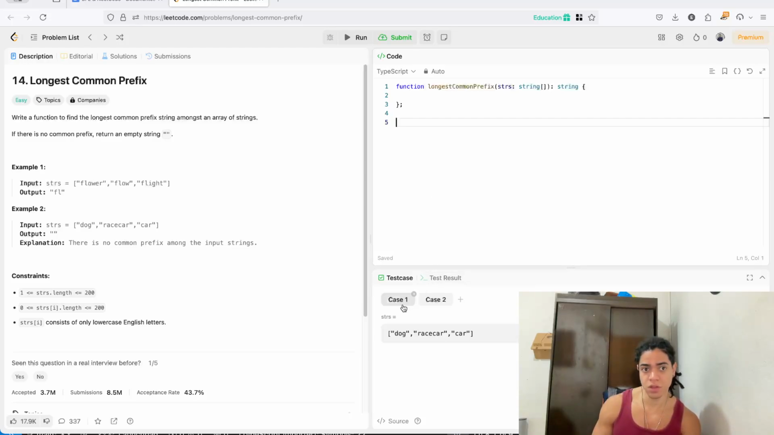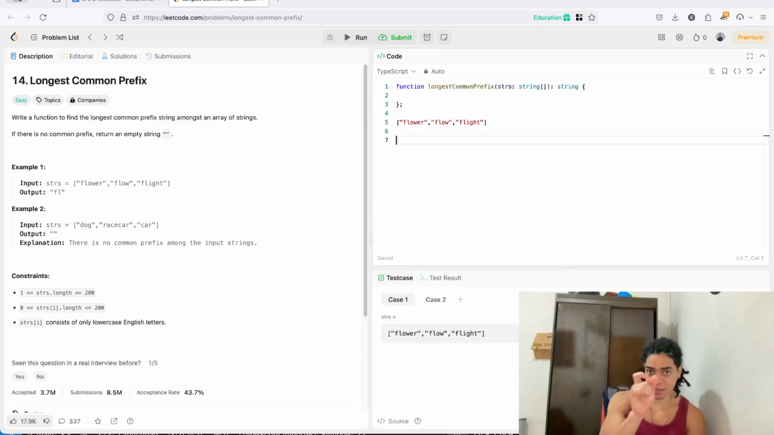Here there is no common prefix. For this there is no common prefix, but for this it is a common prefix, okay? So if we sort our strings, we're going to have all of them sorted in lexicographic order, from the smallest